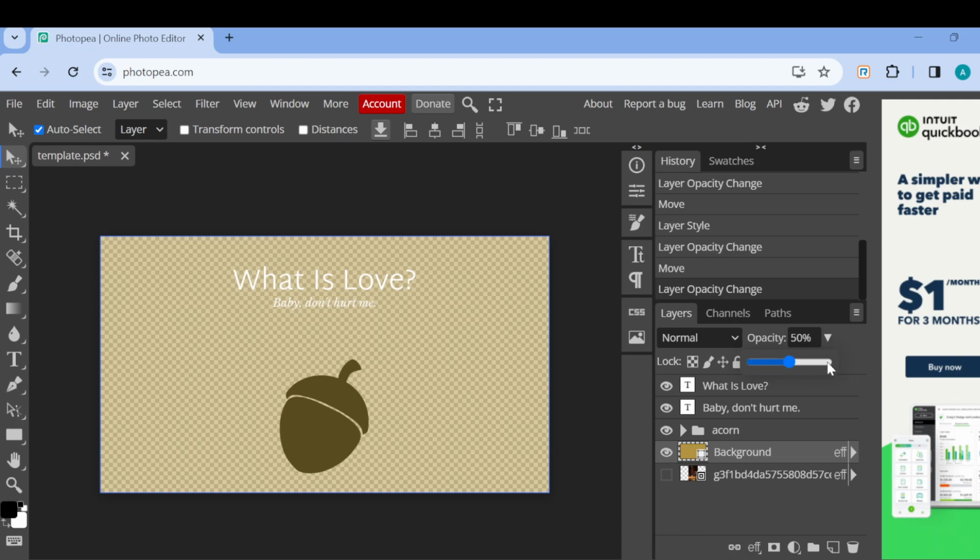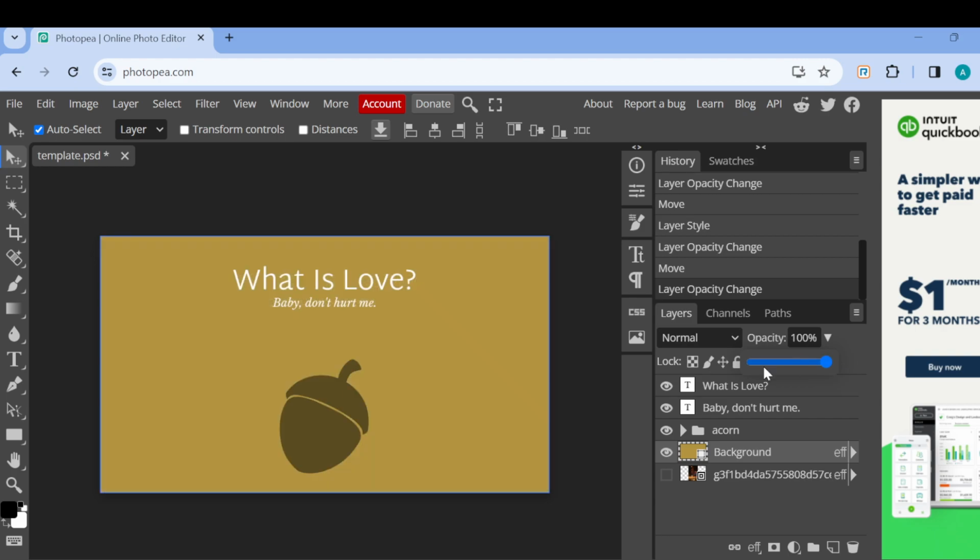The first step is to log into your Photopea account and then open your project. Once your project has been opened and you are brought to the editor's page, the next step is to select the text that you would like to add an outline to. Once you've selected the text, okay, how do you select the text? First of all, select the text by going to